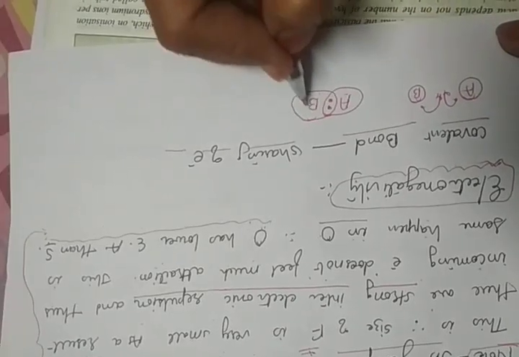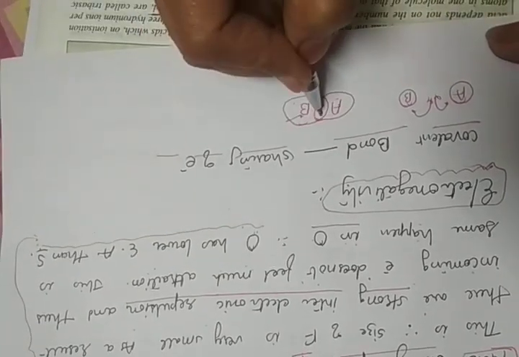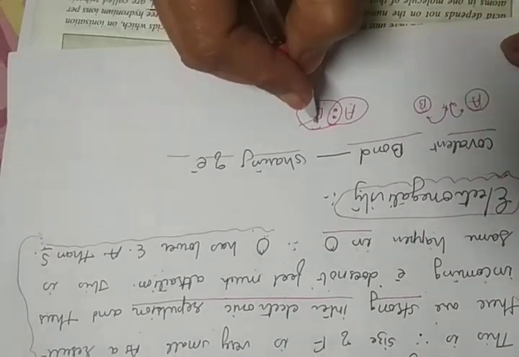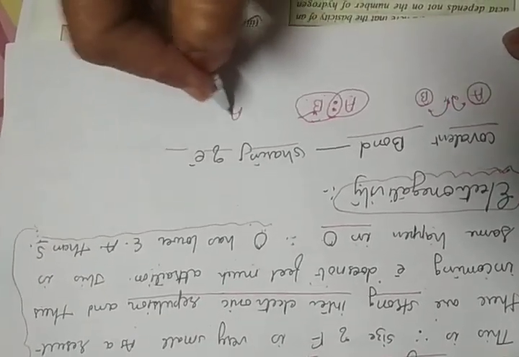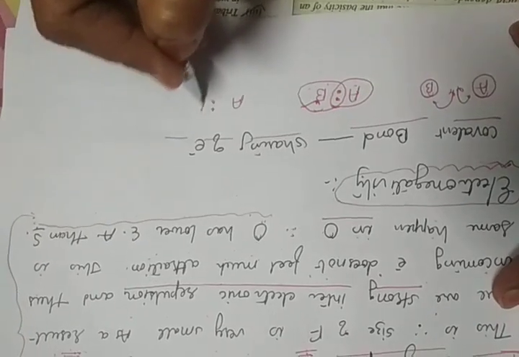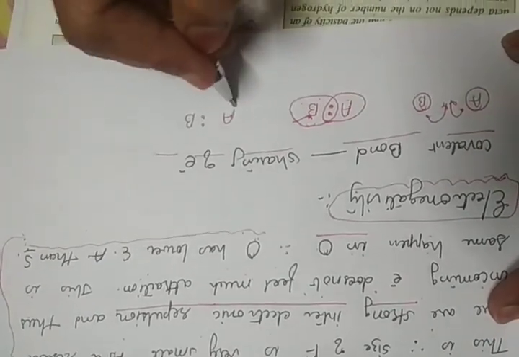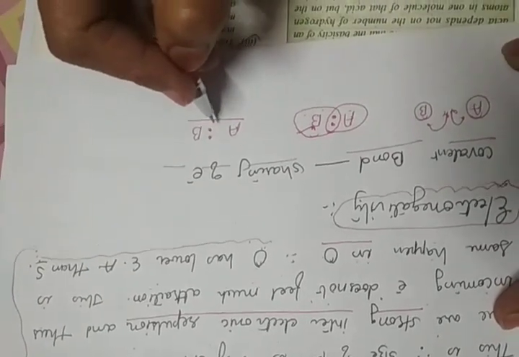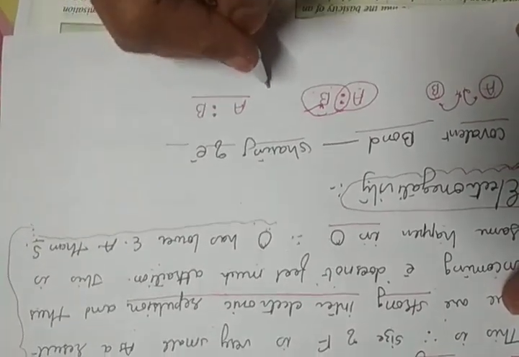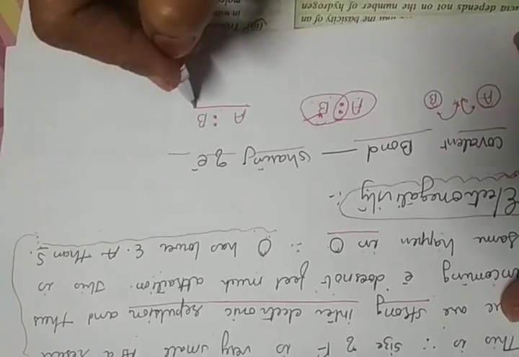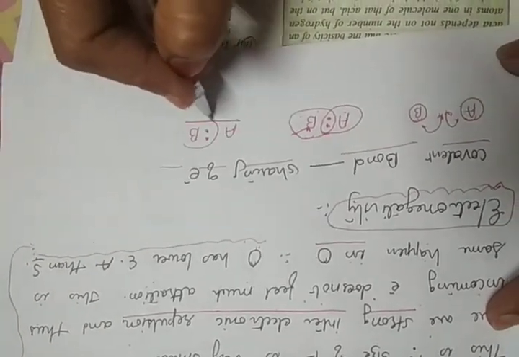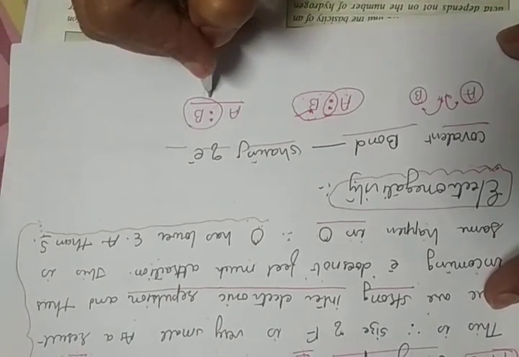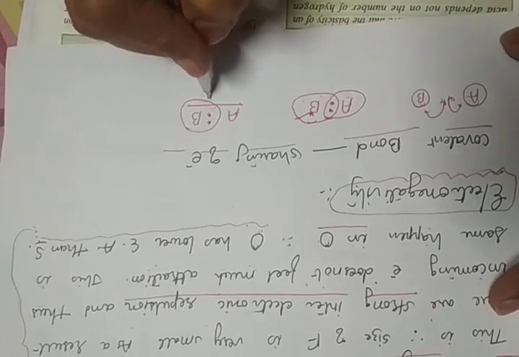But suppose B has more capacity to take the electron pair. The attraction towards the electrons by B is more. So this shared pair of electrons will get shifted towards B. Thus, in this case, the shared pair of electrons is not equally distributed between A and B. Thus, we can say that B has more capacity. This capacity, or this tendency of B, is called electronegativity.